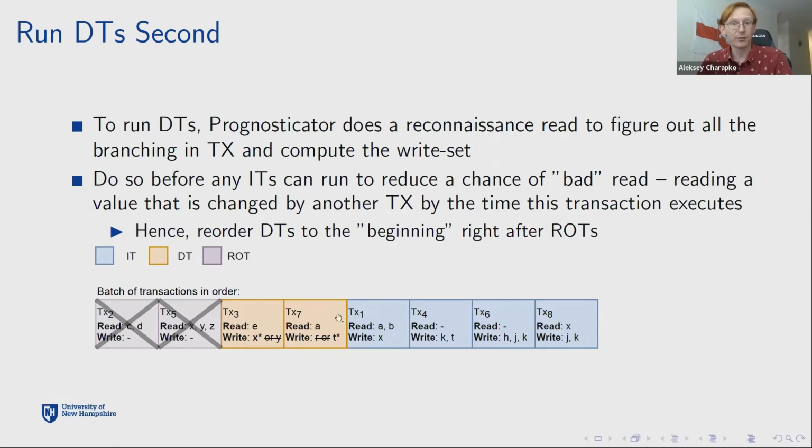And for the independent transactions, we don't need to do any of this reconnaissance. We just leave them in the batch in whatever order, preserving the original order from the Paxos leader. Obviously, we have reordered them quite significantly here, but the client is still waiting, so we're not really violating any linearizability rules and stuff like that.